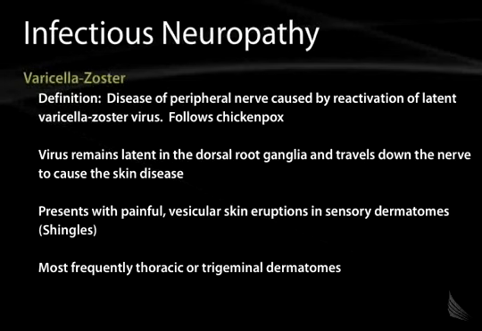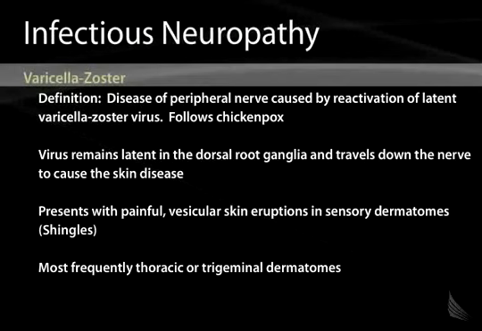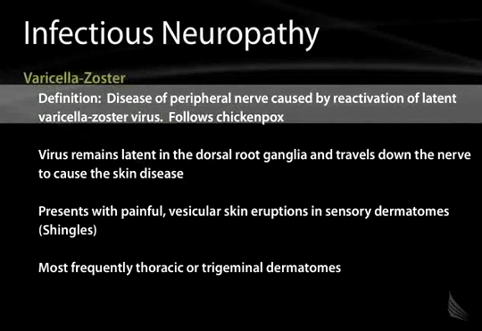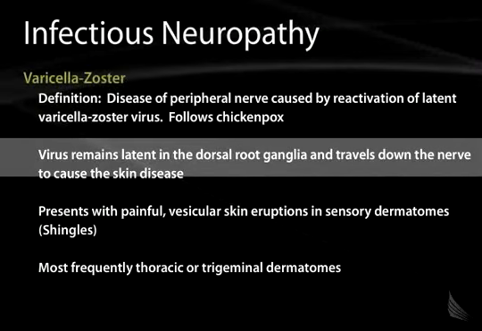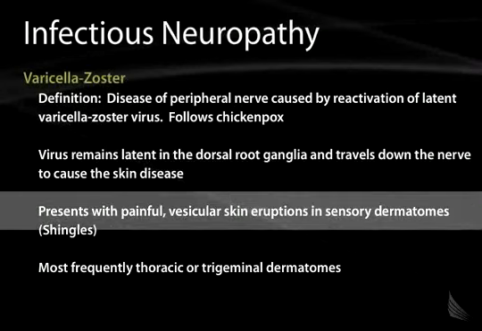Another infectious neuropathy is varicella zoster, or VZV. This virus is the one that causes chickenpox. What happens once you've had chickenpox is the virus becomes latent and hides out within the dorsal root ganglion. However, for one reason or another, 30 or 40 years later, this virus becomes reactivated, travels down the peripheral nerves to the skin where there's an eruption of a vesicular rash, much like that in chickenpox. This rash will be in a dermatomal pattern.